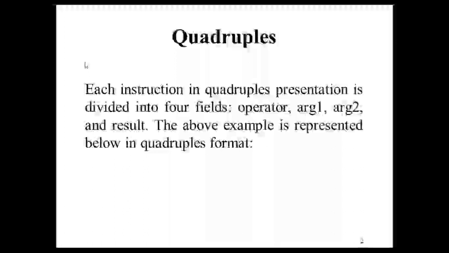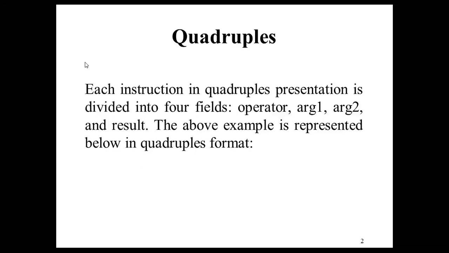So we use quadruples to represent the three address code. Three address codes are used to represent the intermediate code. How are we going to develop the intermediate code? We use the three address code, and for three address code representation, we can use either quadruples, triples or indirect triples. We have already discussed the representation of the three address code. First is called quadruples and another is called triples, and from the triples we have another representation that is called indirect triples.